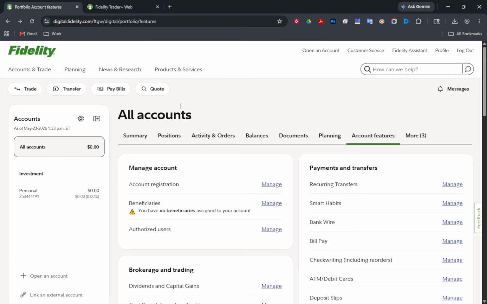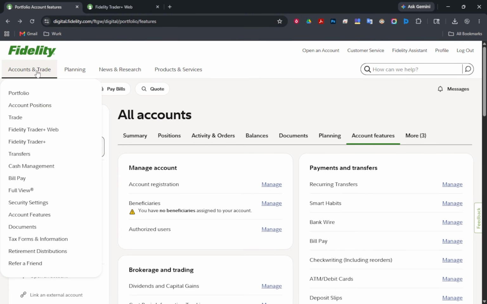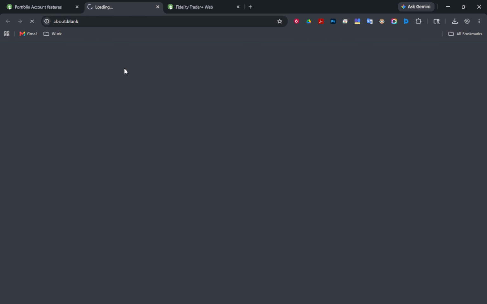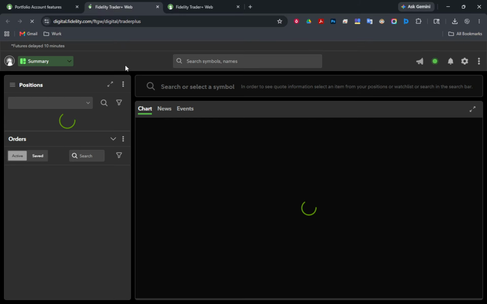Once you're signed in, look to the top navigation menu. Hover over or click Accounts and Trade. From that drop-down, select Fidelity Trader Web. Fidelity launches Trader Web directly from this Accounts and Trade menu after you log in, so you don't need to